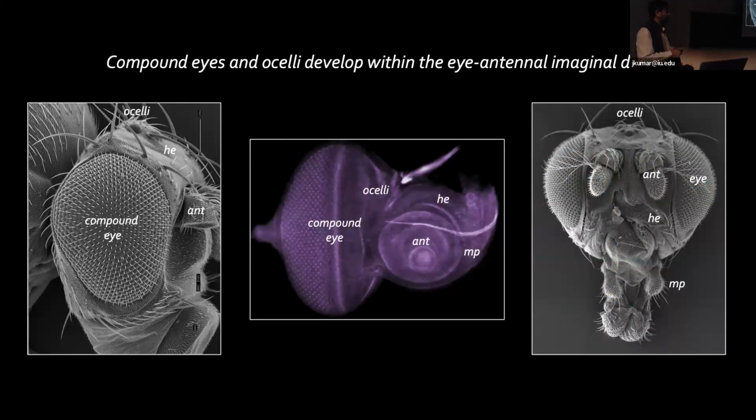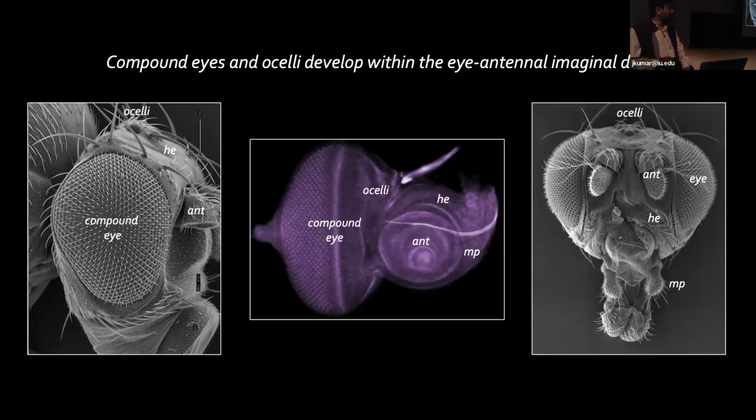So both of these 2 adult structures are derived from a larval tissue called the eye antennal imaginal disc. All of the fly external features come from these sac-like structures, and the Drosophila head has 2 eye antennal discs. Each one of these discs will give rise to about half of the head. You get one of the 2 compound eyes, 1.5 of those 3 ocelli, and the 2 olfactory organs, the antenna and the maxillary palps. And then all of the head epidermis that surrounds these organs comes from these 2 eye antennal discs, from the surrounding cells around the edges of the disc.